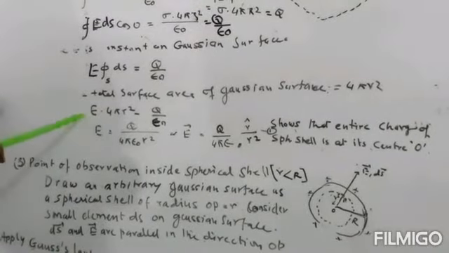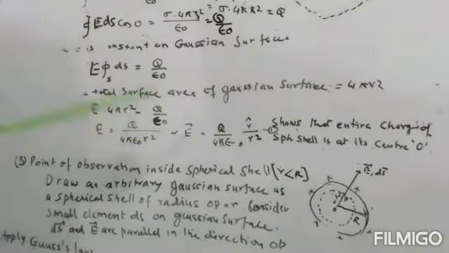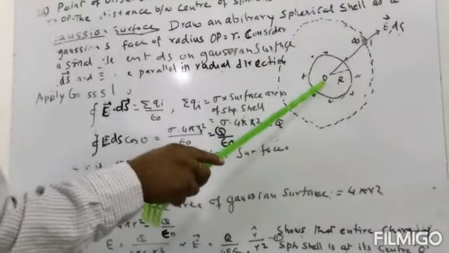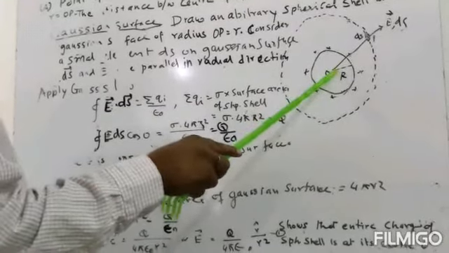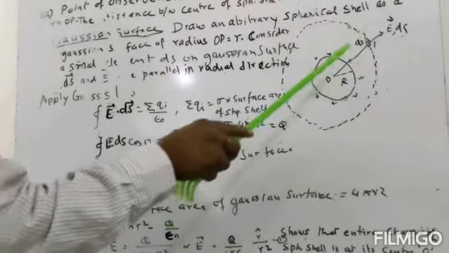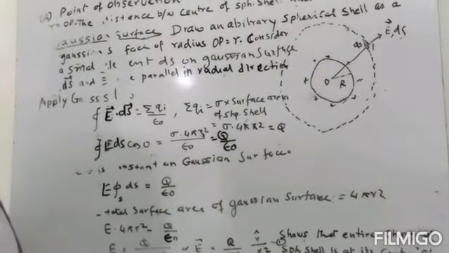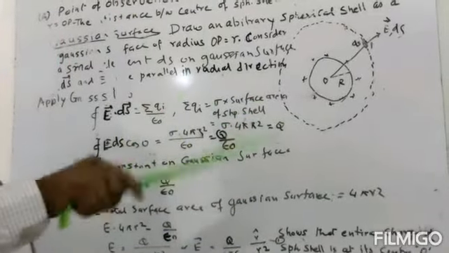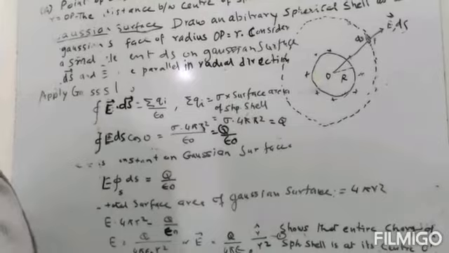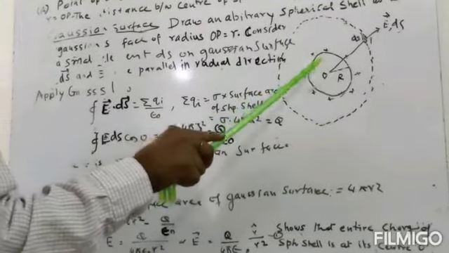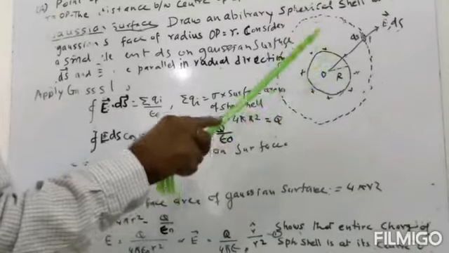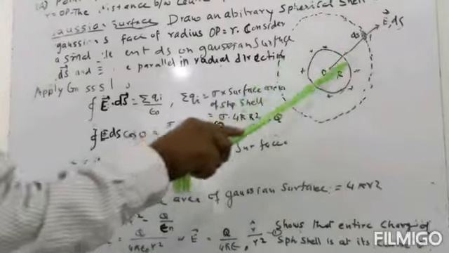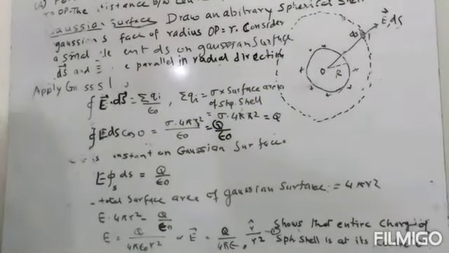This relation is the same as the electrical field at a point P due to a charge Q situated at the center of the spherical shell. It shows that we can consider the total charge of the spherical shell to be situated at its center. Then the electrical field will be the same as that due to the charge distribution on the spherical shell.